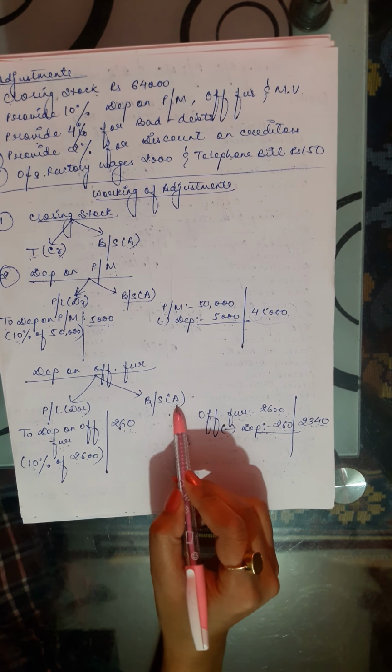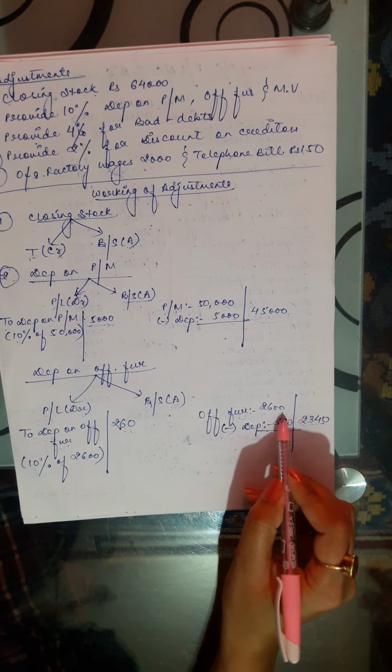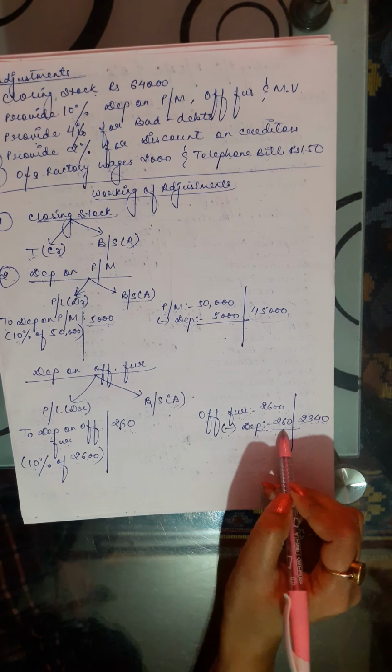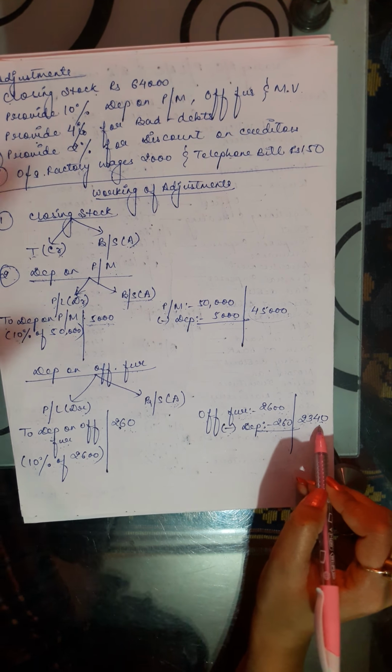It will be on the balance sheet asset side. Balance sheet asset side, how are we going to record? Office furniture 2,600 less depreciation 260 will give you the value as 2,340. Okay, then